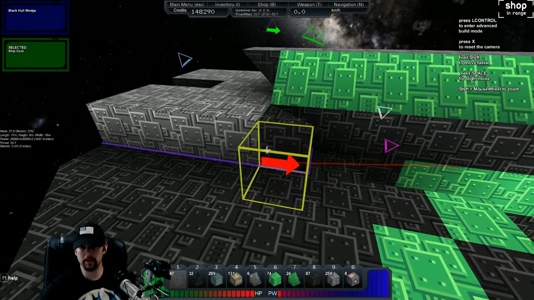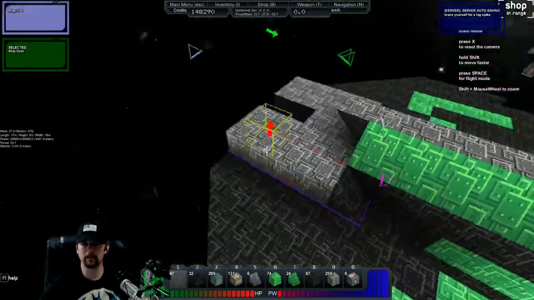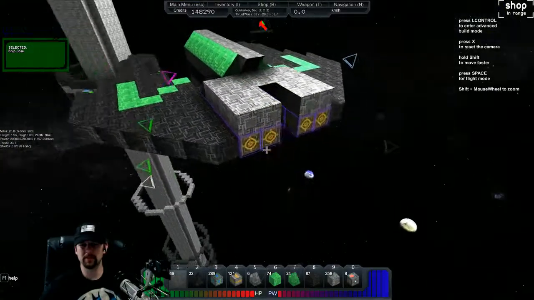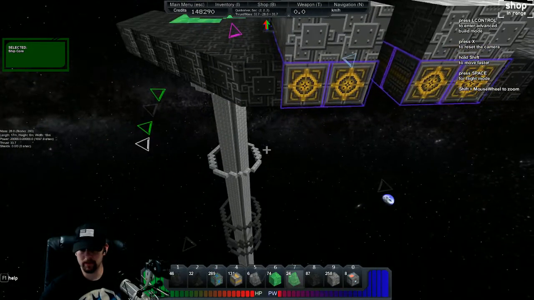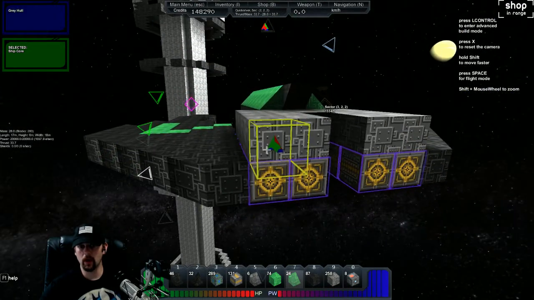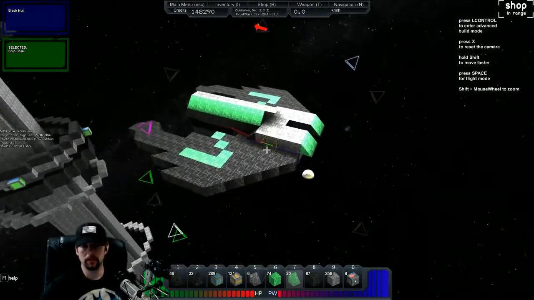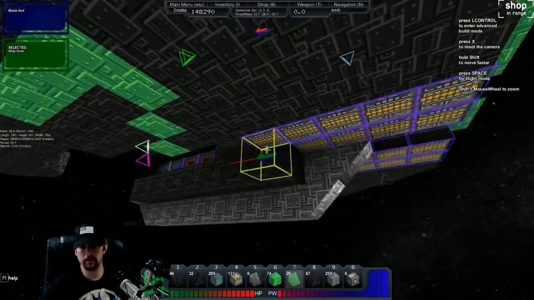Is that right? I can't tell. Oh, it looked like it was facing the right way. Can't see these blocks. There it is. Alright, yeah, like that. There we go. That looks cool. And then we'll put some downward dogs back here. Why not, right? Why not? There we go. And then we're going to cover the bottom too, so...